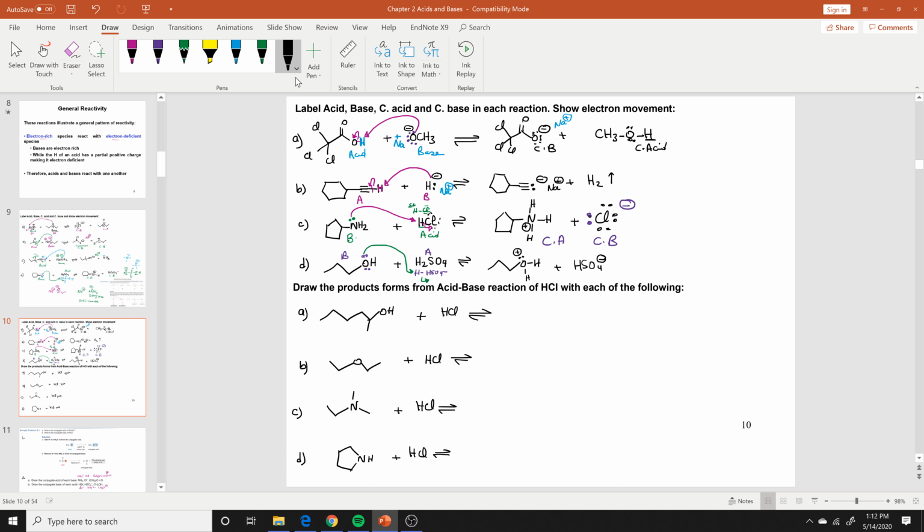I cannot stress this more. Reactants and products have to have the same charges. They have to have the same charges. Draw the products for the following. So this is